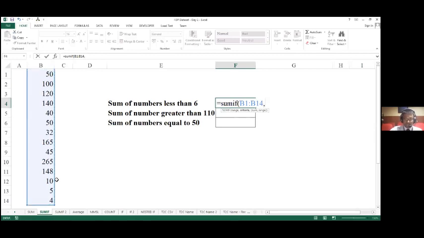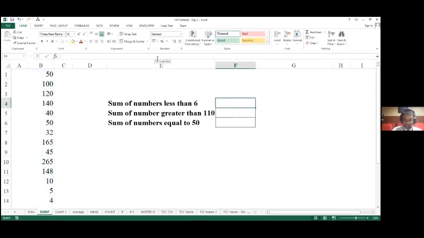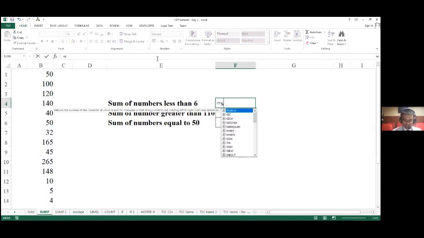Now I want Excel to define, and I have to tell Excel what the criteria is. So I'll start from the beginning once again. Is equal to SUMIF. The moment I use is equal to, I'm letting Excel know that I want to call in the functionality of formulas. SUMIF is the command I have to type if I want to use SUMIF, open bracket.